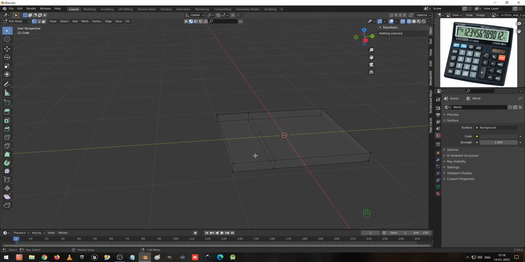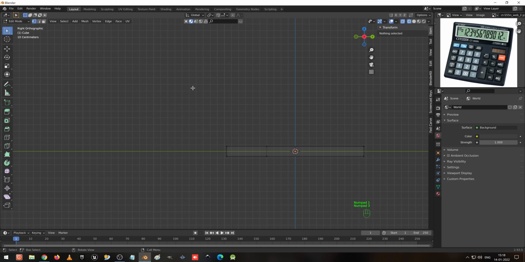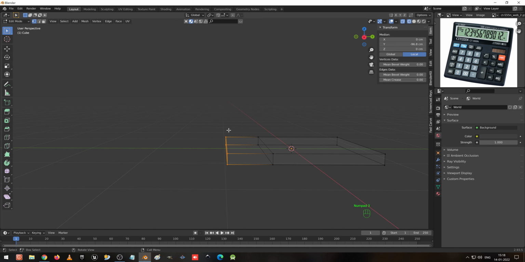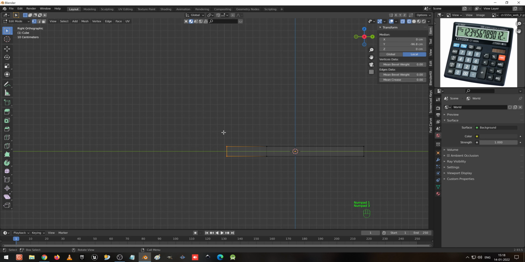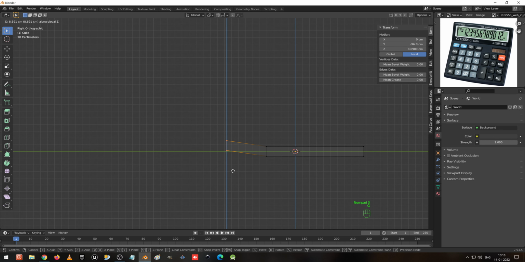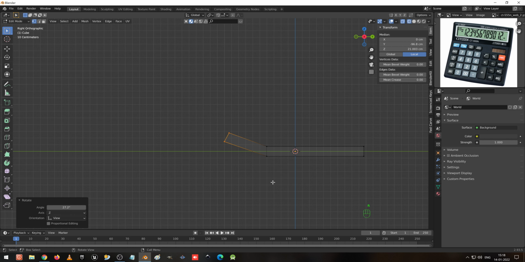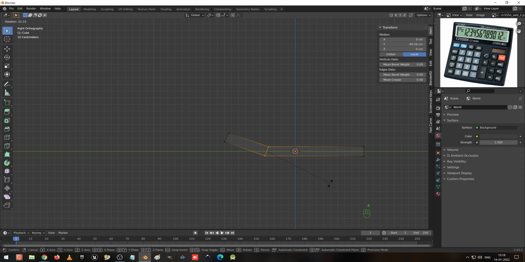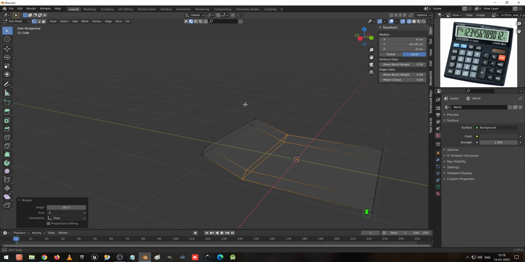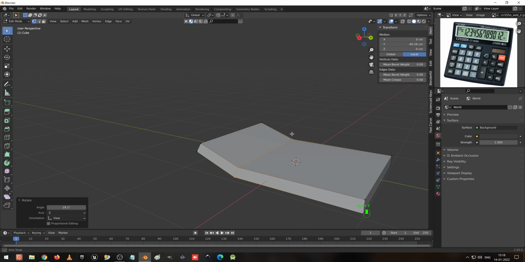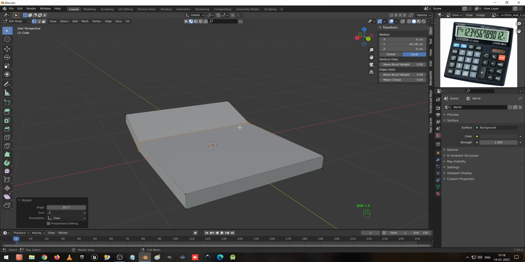Okay, and select these 4 vertices, press G to move in the Z axis, and R to rotate like this. Select this one and press R to rotate. Okay, now our base calculator is ready. So we are going to go with more detailing.